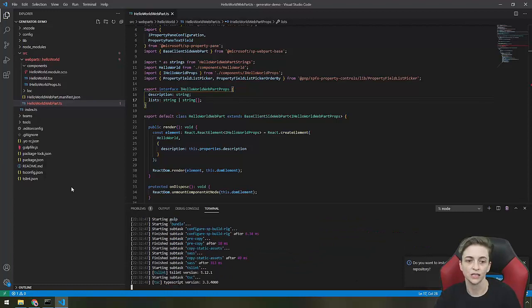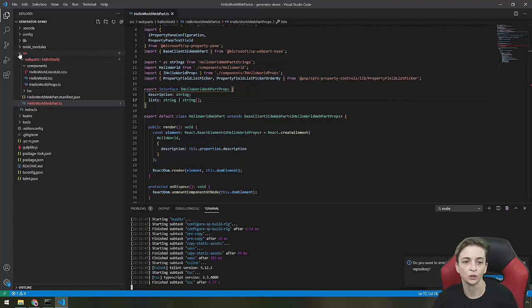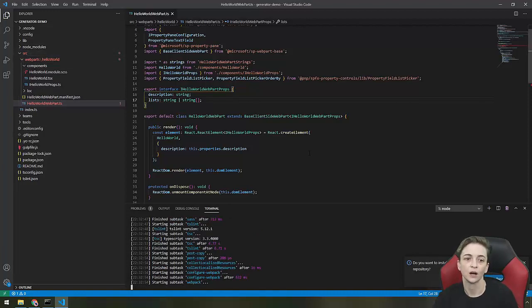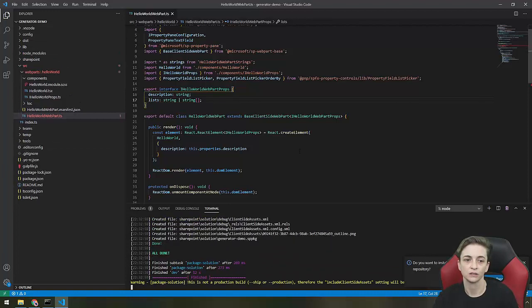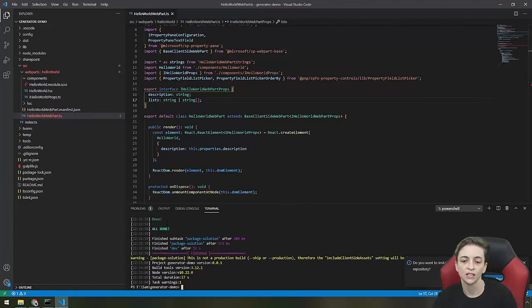It's going to do its thing. We should see a SharePoint folder be created here in just a second, which is going to have our package. There it is. All three commands were run. If you are like me and maybe you are used to running just the bundle and package, you should be running clean as well, and this will remember for you if you forget, or maybe you didn't know in the